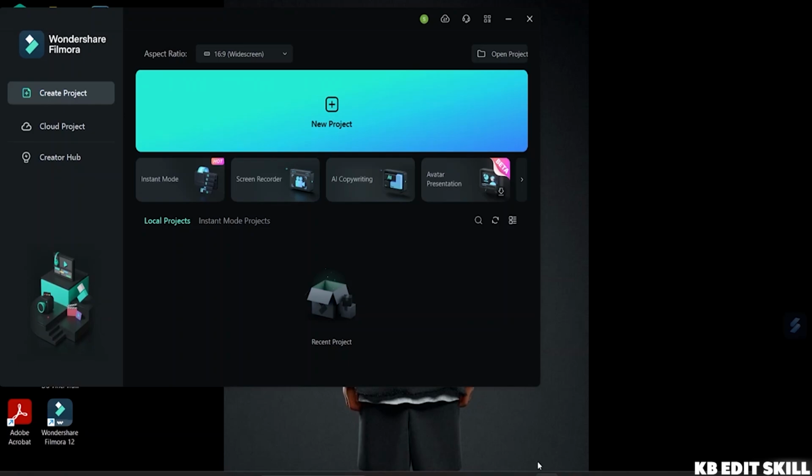So Filmora is developed by Wondershare and is a user-friendly yet very powerful video editing software. It caters to both beginners as well as experienced editors. With its intuitive interface and wide range of features, Filmora opens up endless possibilities for transforming raw footage into